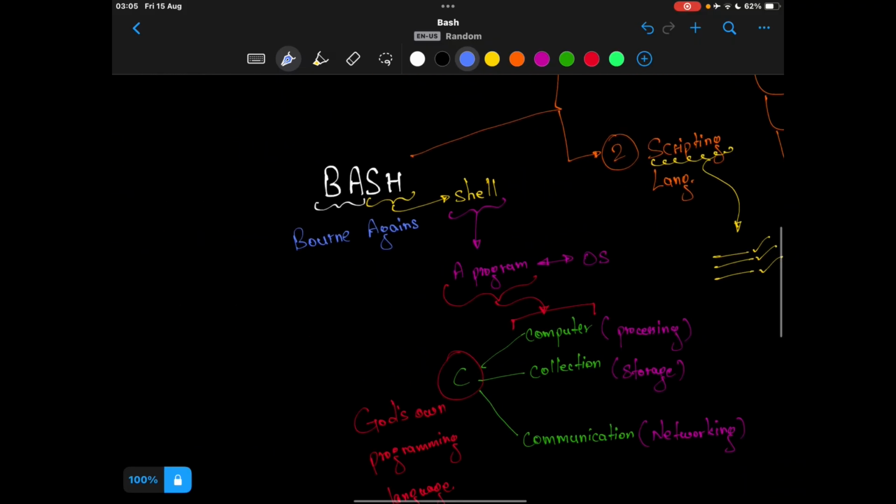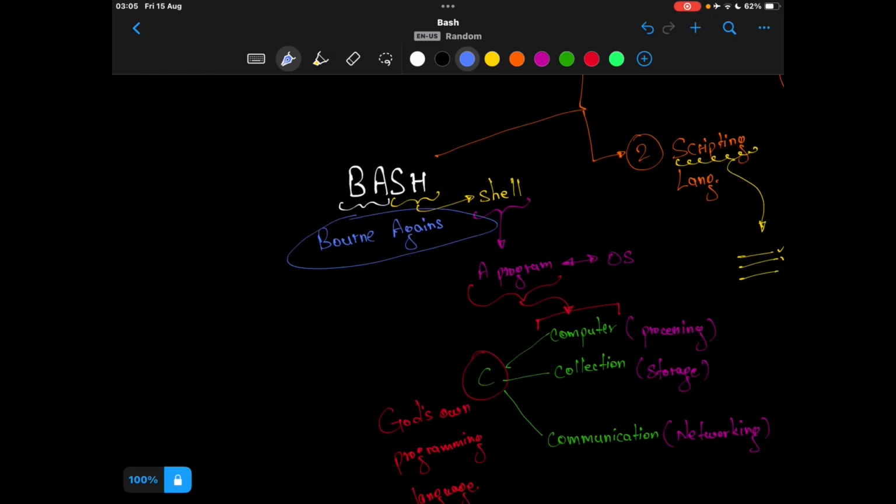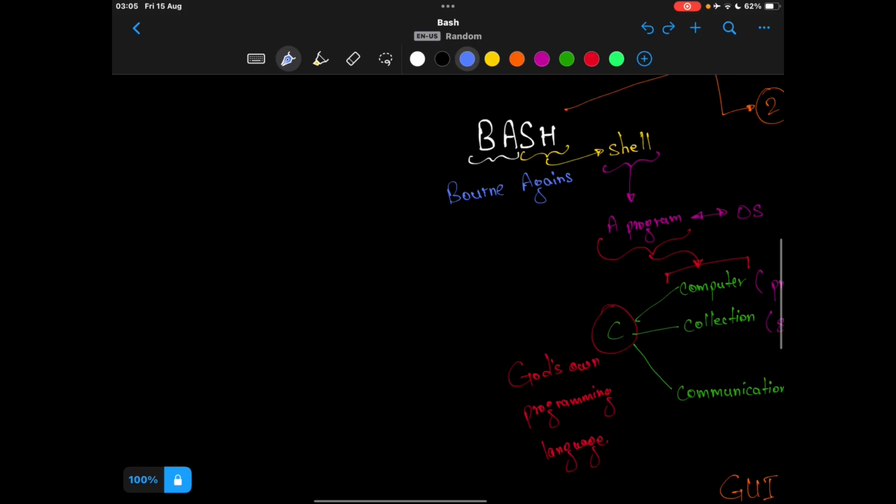Now coming back to what is this Bourne Again. This is actually a pun: before bash there was something called Bourne shell, which was abbreviated as sh.